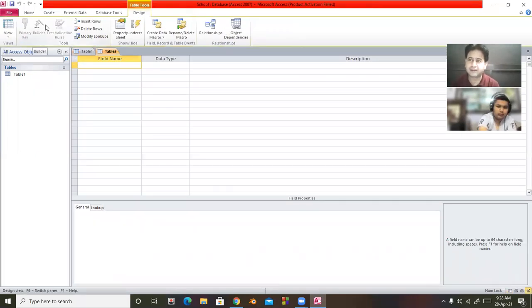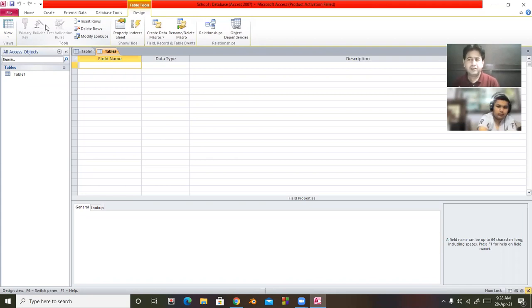And the third method is by using a template. Now, the design view is basically used by professionals, while datasheet view is for beginners.